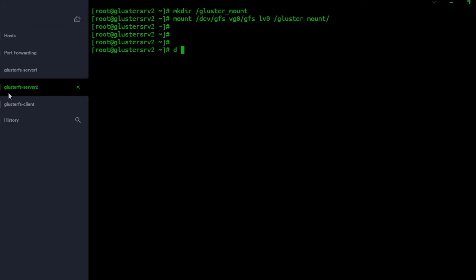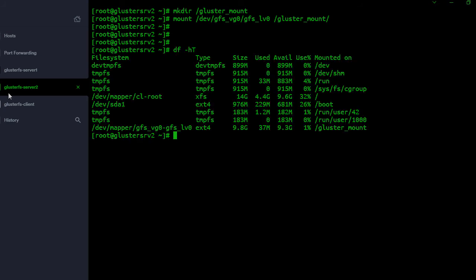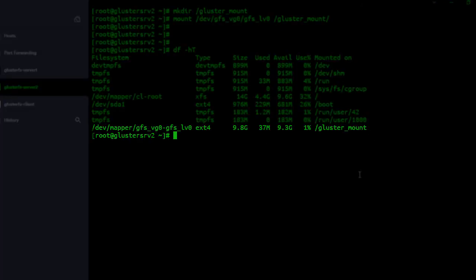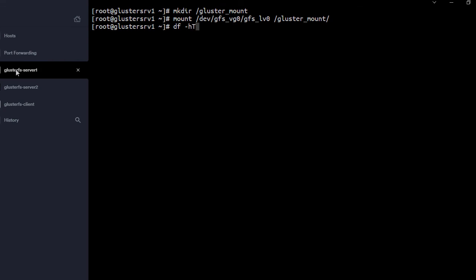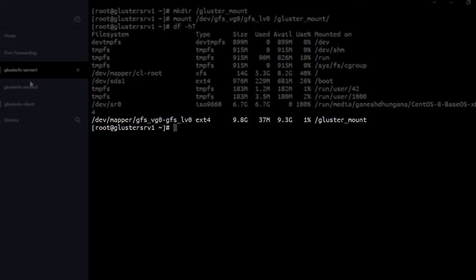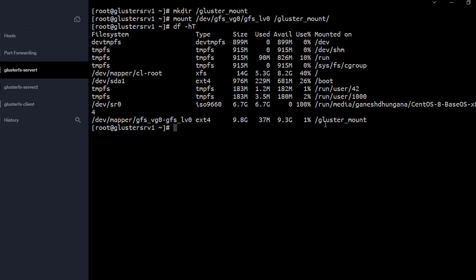And if I do df -hT, then I can see the path of the logical volume, the file system, the size, the mounting folder. Likewise, if I hit df -hT here, I can see the logical volume, the file system, the mounted location, and the size of the hard disk.